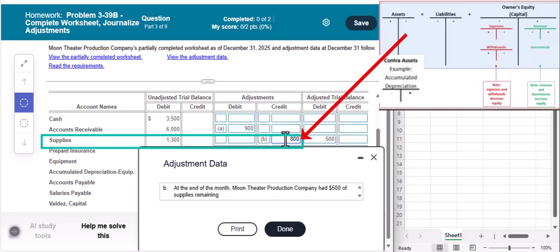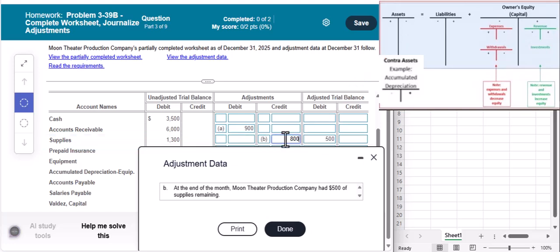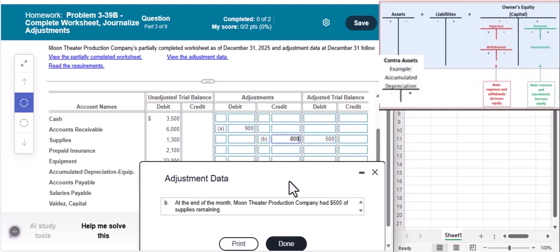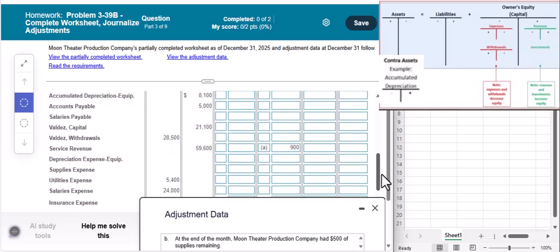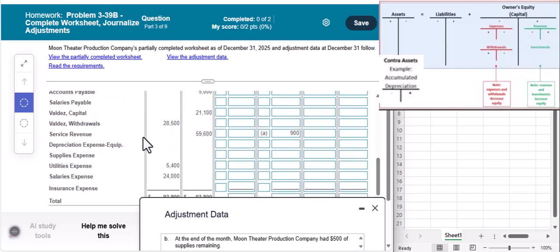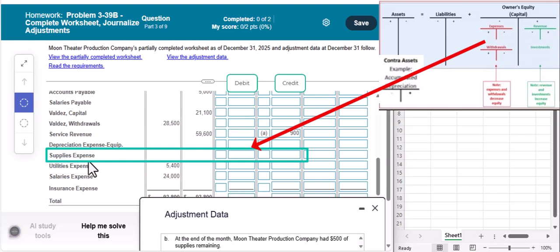But then we also have our debit account that we need to worry about. So what is the debit when we use up supplies? That is supplies expense. So we are going to need to scroll down a little bit and our supplies expense, and that's going to be towards the end here. So supplies expense, and on what side do expenses increase? With a debit. So we will be debiting those supplies. So that is for transaction B still. And again, we are debiting for $800 to record our supplies expense. All right, so we have our debit and our credit for B. We move on to